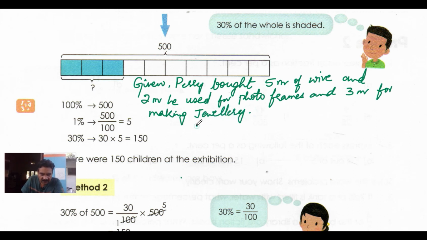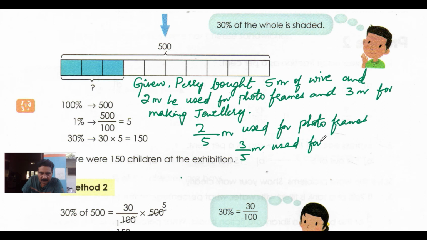It means 2 out of 5 meters used for photo frames and 3 out of 5 meters